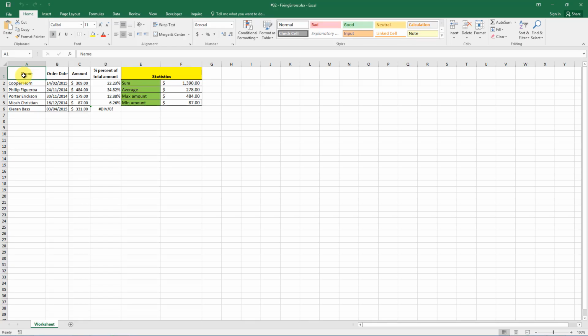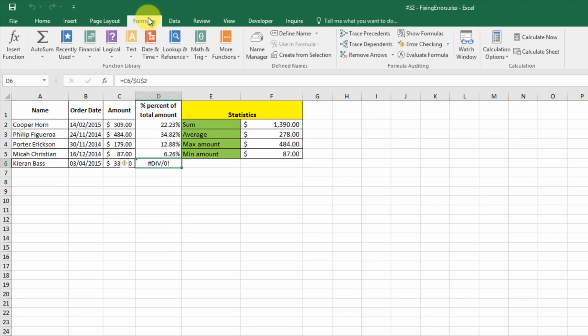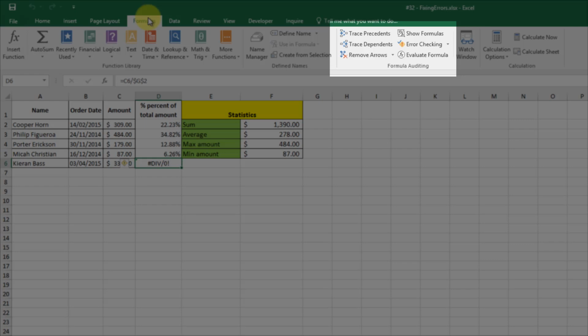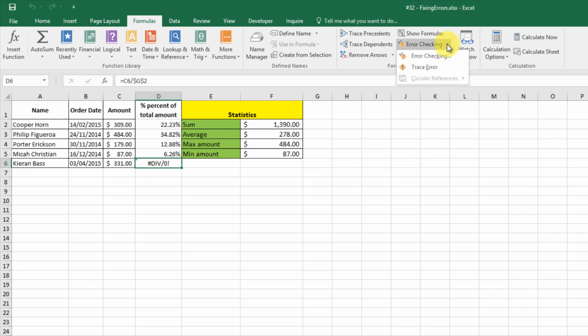Identifying the errors in your formulas is not an easy task, but with simple steps you can make it. The first step is to click the cell that contains the error, then go to Formulas tab, and in the Formula Auditing section, you can see a lot of options. The main selection is Error Checking. Click the down arrow and then Trace Error.